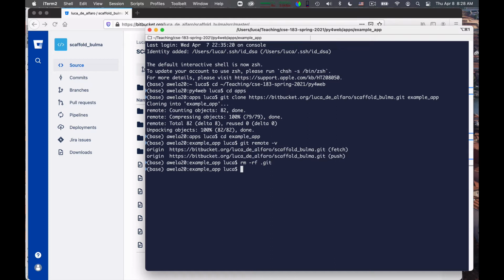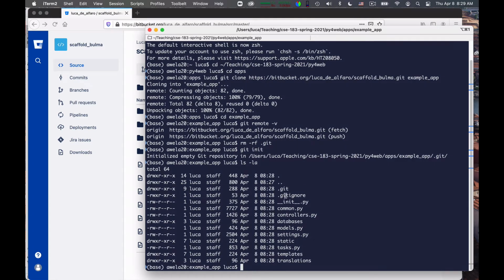Once I've cut this dependency, I initialize a new repository. Okay, I add everything in that application to the repository because I have already a gitignore file here. You see, this file is already here. Okay, the gitignore.